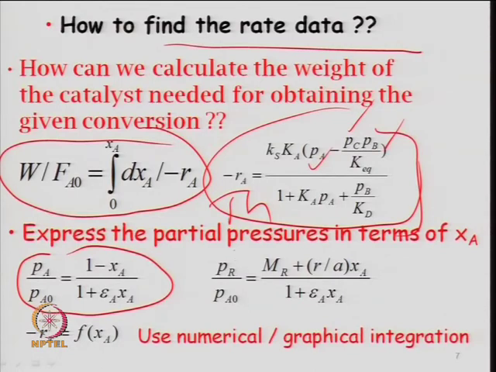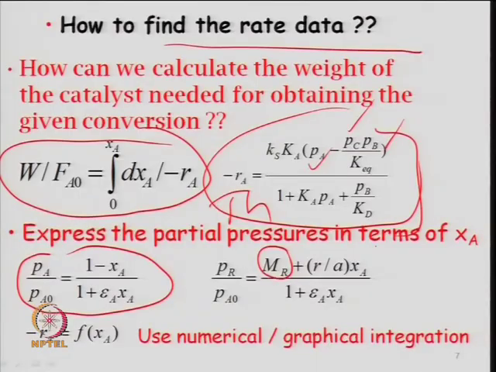upon P A naught, that is the product divided by the feed partial pressure, or you define C r upon C A naught, either way. And this is nothing but the molar ratio, based on the stoichiometry. Suppose A gives you 2 R, so it is 2. So, that is the ratio based on the limiting component, moles of product formed per mole of reactant reacted. But that is the stoichiometric one; initially it may happen that if you have defined the feed at a different ratio, then that will be here, because accordingly the total molar feed rate or stoichiometric table which you make based on conversion will change, which you must have learned earlier also.